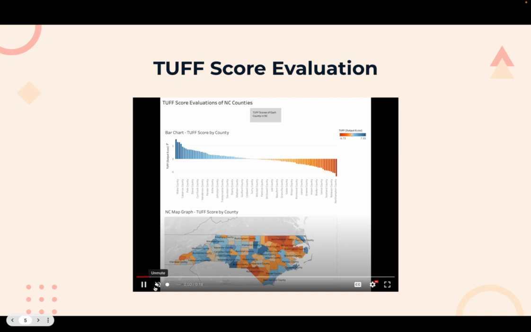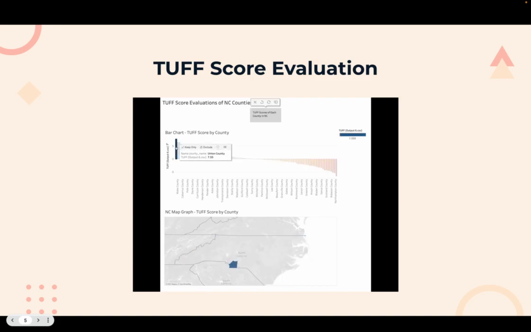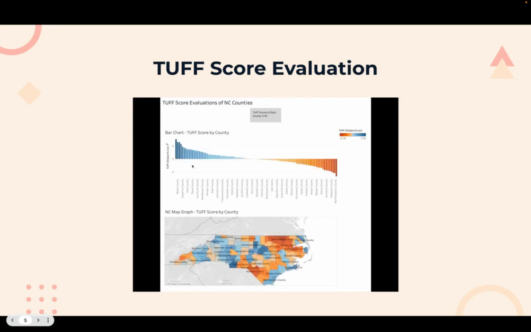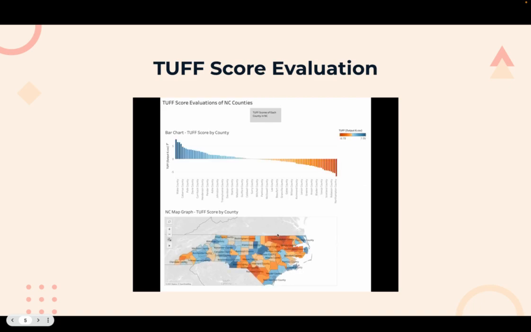All right, thank you, Brett. So to explain the TOUGH score on a more visual basis, we use visual analysis to really refine this model and get a better formula, to where we're able to see the top several counties and the worst several counties. What you can do with this information is see the bad areas, see where more funding and assets need to be sent, and shave off from the higher ones.